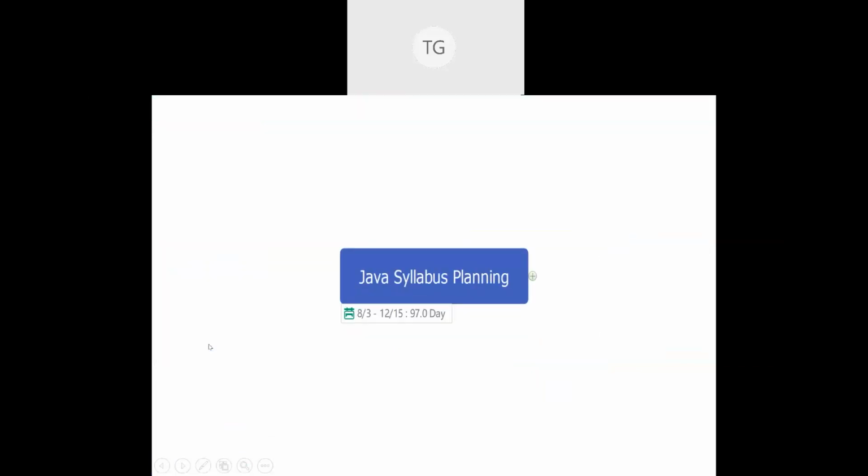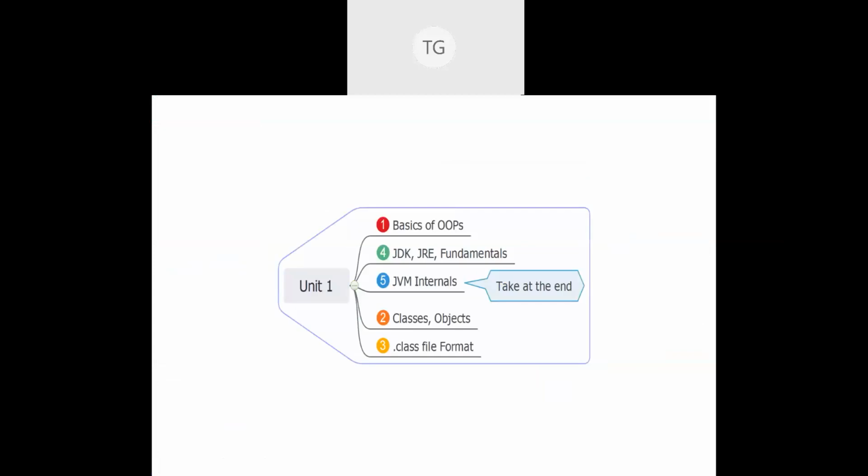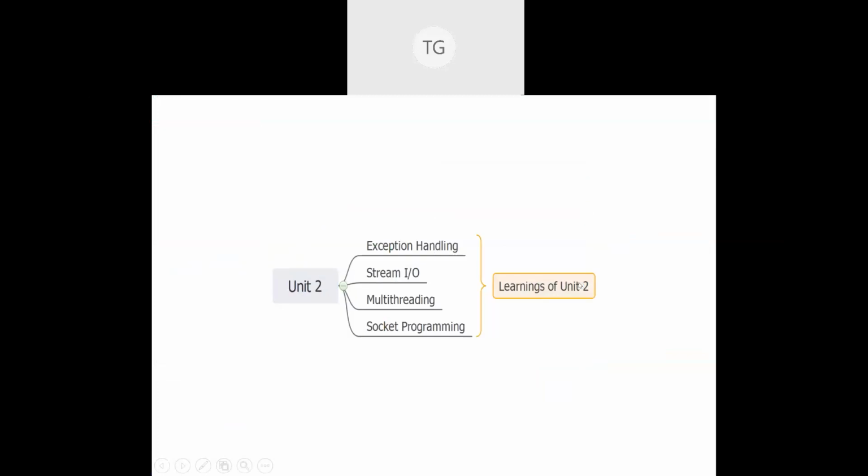So this is how the slideshow would look. First, the main branch would come. So you can demonstrate it to your students in online mode. Okay, this is your main topic, and this is the time duration as per the academic calendar. We have to complete this course. And in this course, first I'll be covering unit 1. These are the topics taken up, any special callout that you want to mention, and so on and so forth for other sub branches.